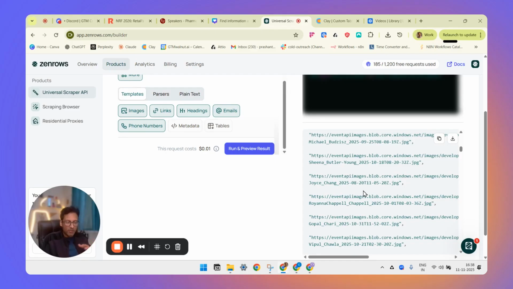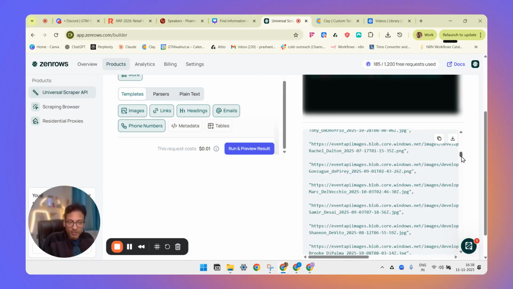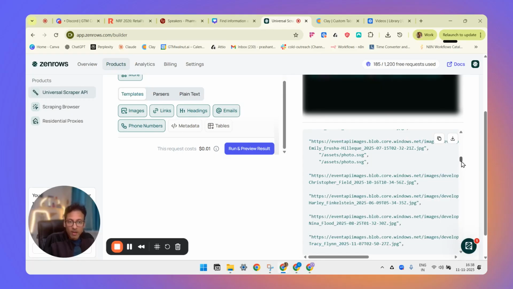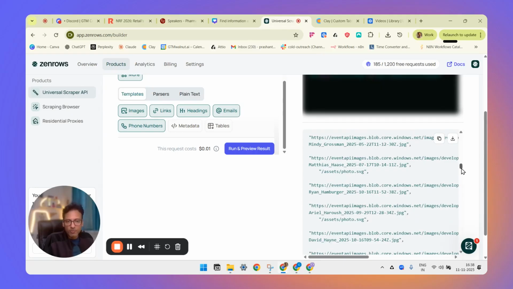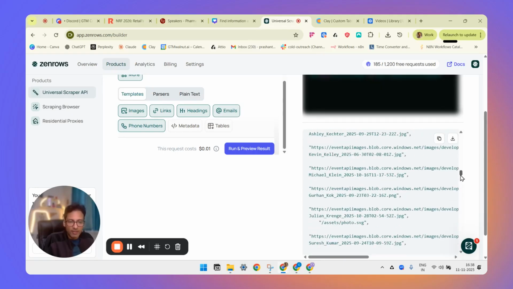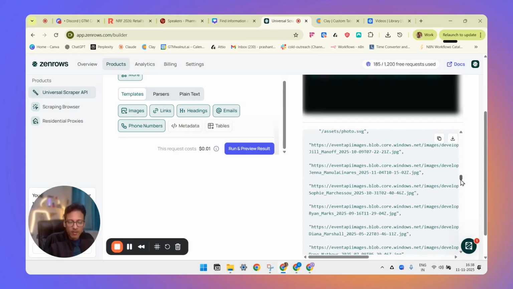I mean, that's probably the way in which NRF would have uploaded those images, and Zenrows is able to get that. Now, once you have this information, there's obviously company information that is not available over here, but at least you have the speaker list for you to find a way to get their information, either their LinkedIn profiles or something else. However,